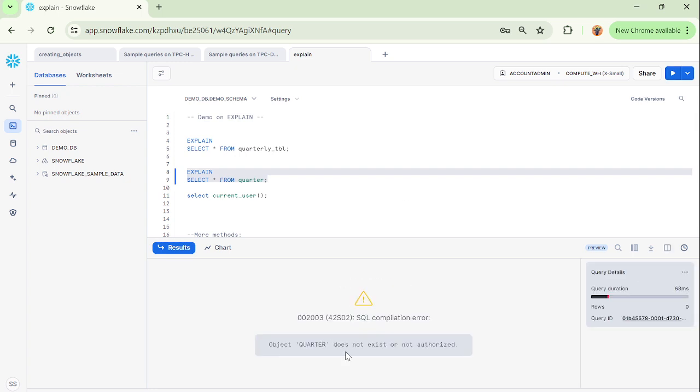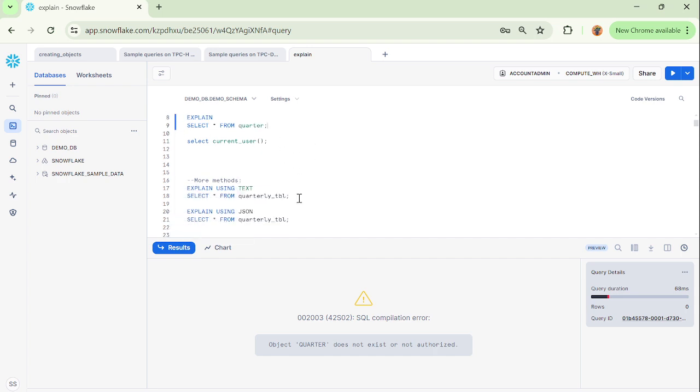Now, this particular table does not exist in my databases. Before I even execute this query, if I just use explain as a keyword, it will clearly tell me this query is not going to run because this object does not exist. Think of it like if there are any syntactical errors or any problem in your queries, even before you actually run them physically within Snowflake as an ecosystem,